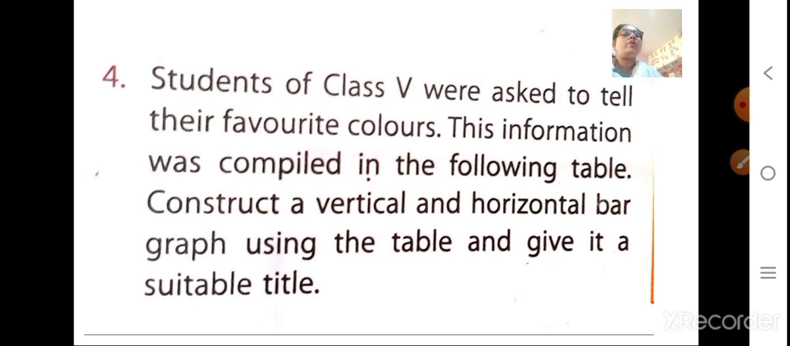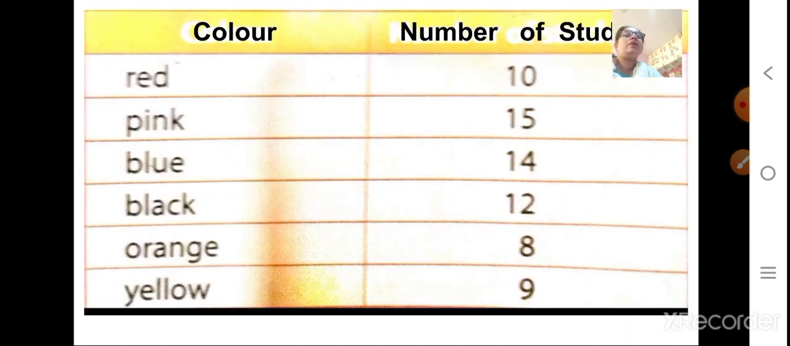Now here is one more question. The students of class 5 were asked to tell their favorite colors. This information was compiled in the following table. Construct a vertical and horizontal bar graph using the table and give it a suitable title. Again, the data is given, that is color and number of students who like the favorite color. Now to draw the vertical bar graph, same way we will plot the horizontal and the vertical